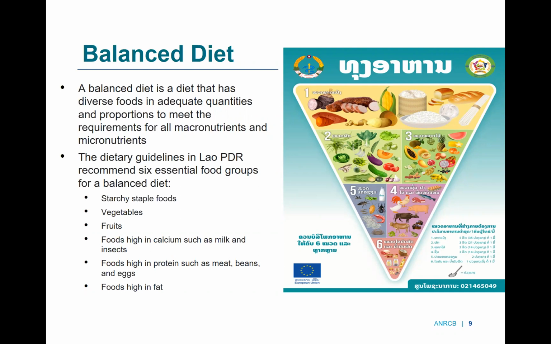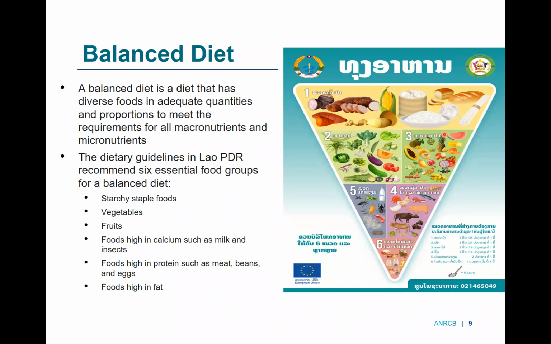So Laos has dietary guidelines that classify foods into 6 categories, and has recommendations of how much of each category to eat every day in order to achieve this balanced diet. And that is a way of ensuring adequacy of nutrition within a population. So the 6 groups involve,